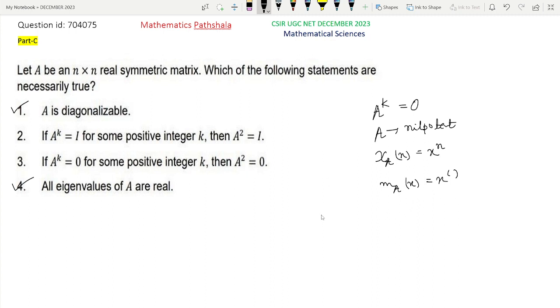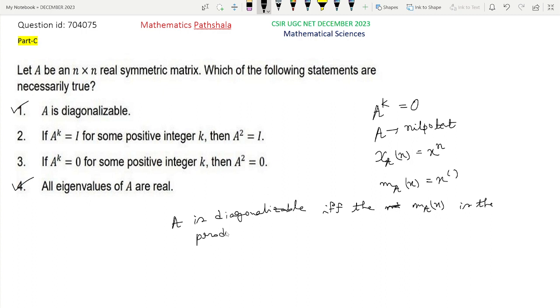See, here A is a symmetric matrix, so it is diagonalizable, and we also know that a matrix A is diagonalizable if and only if the minimal polynomial is the product of distinct linear factors. Okay, let me write. A is diagonalizable if and only if, this is a very standard result in linear algebra. A is diagonalizable if and only if the minimal polynomial of A, denoted by m A of x, is the product